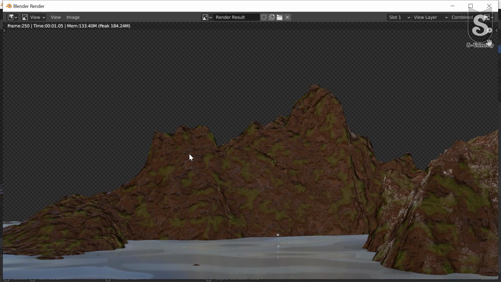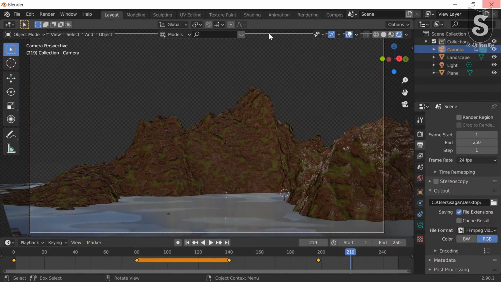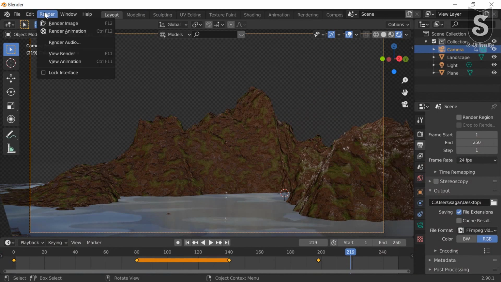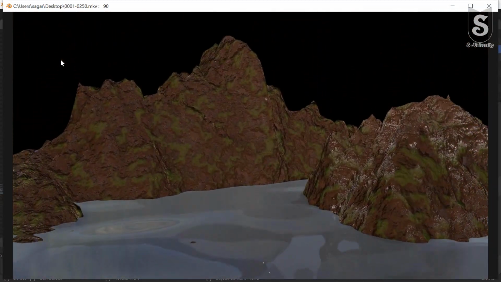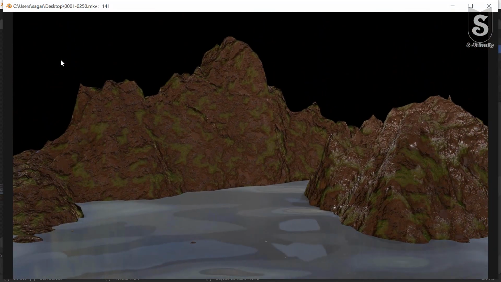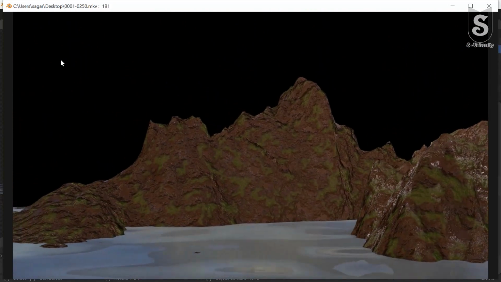Now our rendering is completed. Close render view. Now go to render view animation. Our mountain animation rendered very good.